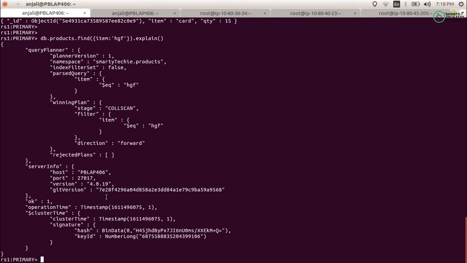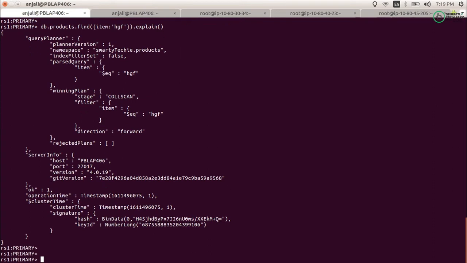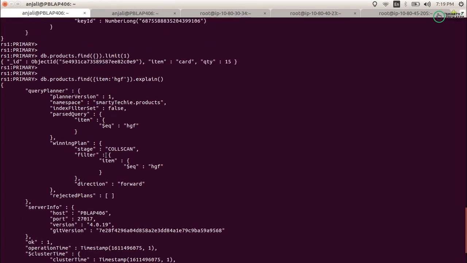So after explaining, you get to know whether this query is going to run easily or not. If it is not, try to build an index on it. But if you create an index on an unnecessary field, that will also take storage on your MongoDB server, and it will also impact your application. So why increase the storage size unnecessarily? In that case, just choose the correct index field and build an index with the particular logic you have. So this is the second thing you have to do.